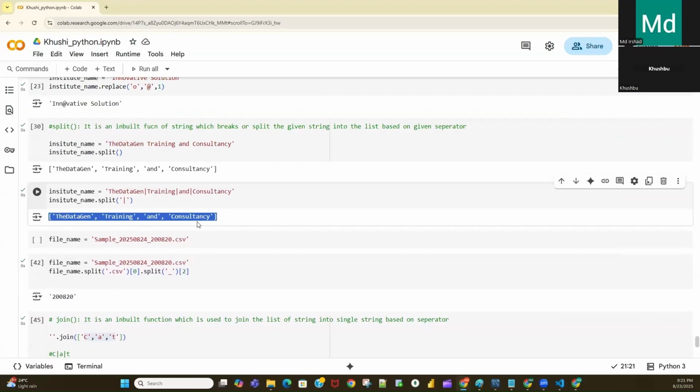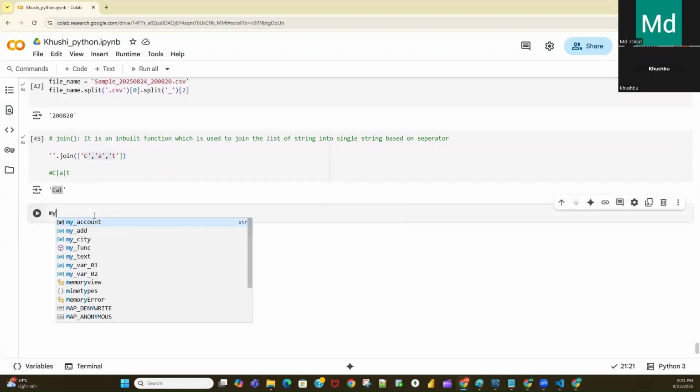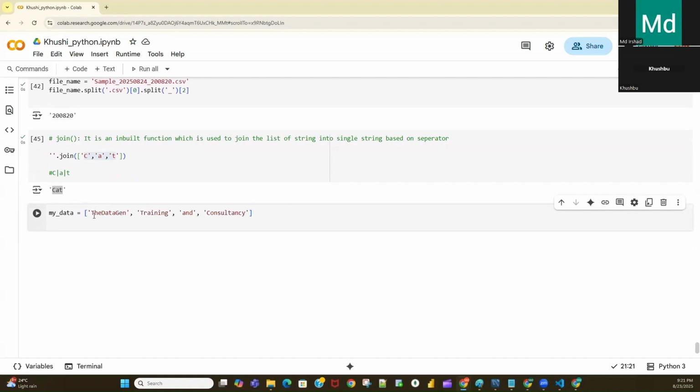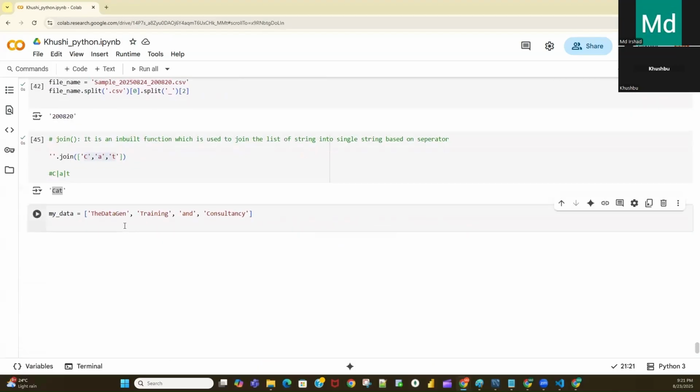Okay, now let's say you have some data, my data equal to something like this. Now I want the output like this. The output should be like this, a single string, right? So what is the requirement?